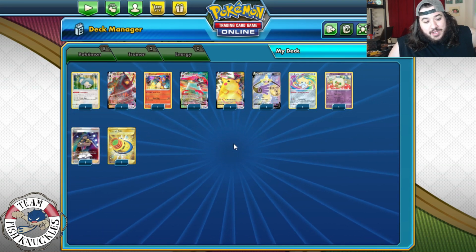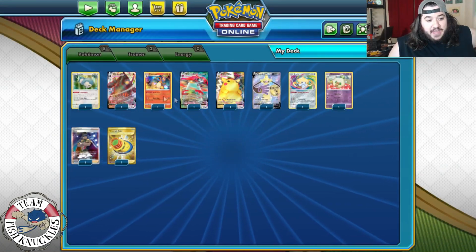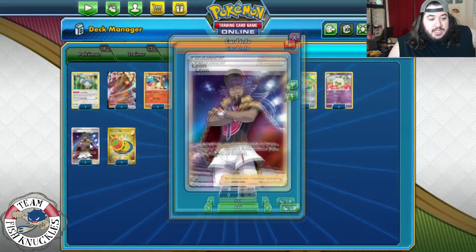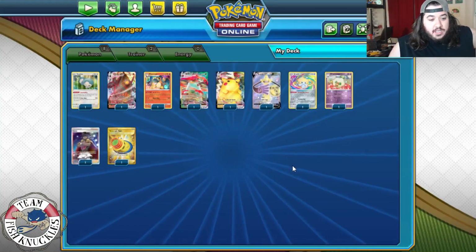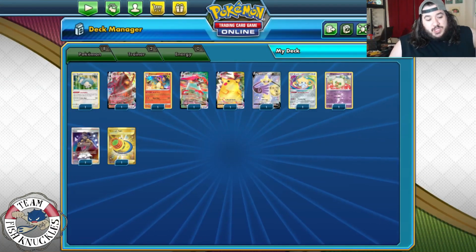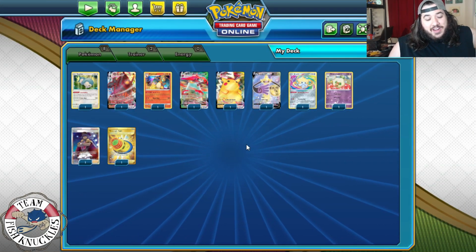At the bottom, the 10th place is Telescopic Sight. I think 9th is Charizard. 8 is Colossal, 7 is Leon, 6 is Pikachu. You can probably switch Pikachu and Leon. I'm fine with that if you want to do that. And then from there,